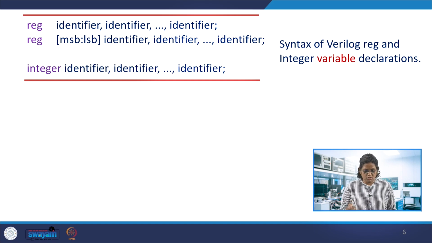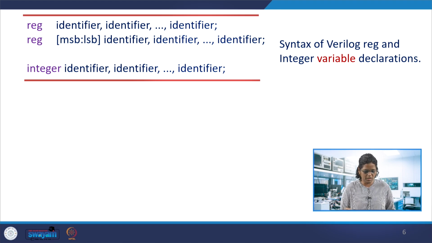The integer declaration is also a part of the variable declaration. Integers are numbers we want to iterate multiple times. Especially in for loops, we have i varying from 0 to 31 or 0 to 15, so we declare i as an integer.